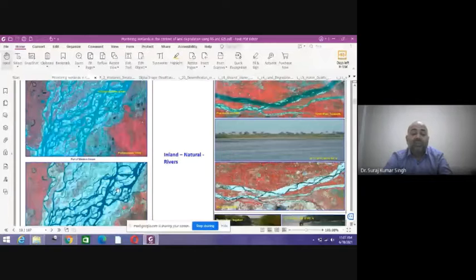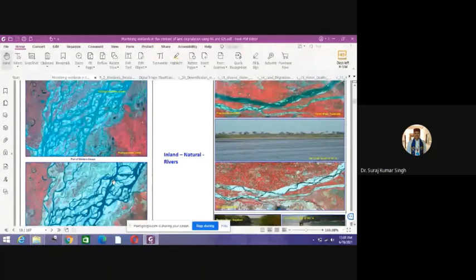That is because during pre-monsoon the sediments get settled, and the water quality is more pure. If we compare that with the water flowing during the monsoon period, it contains a lot of sediment. That's why you will see it is slightly bluish in color. But if you go to the pre-monsoon, the color changes. So the color is indicative of maybe the sediment content, maybe the water quality, maybe the depth. All such minute information can be directly obtained from a satellite image.